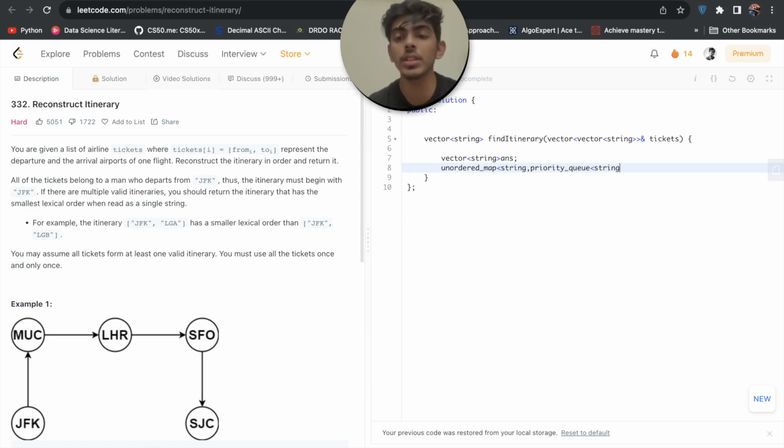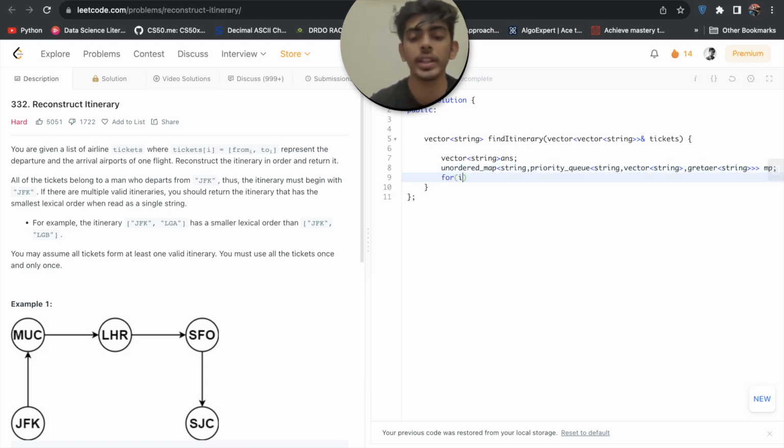And since we are using a min heap, we will have to write this extra line of code also, because by default, if we use only priority queue of string, it will be a max heap, right? After that we will name it as mp.